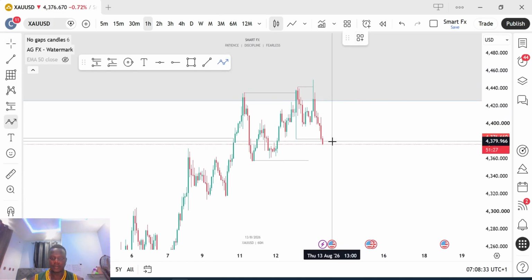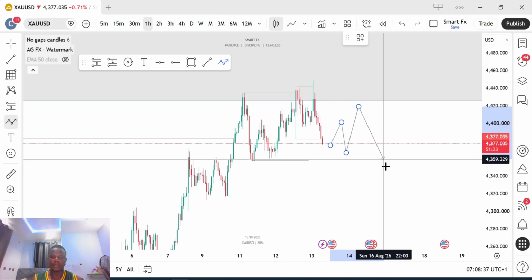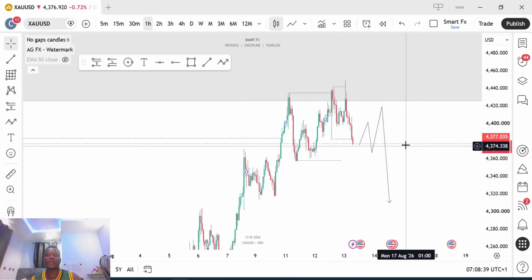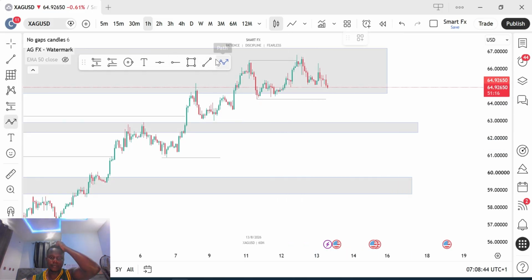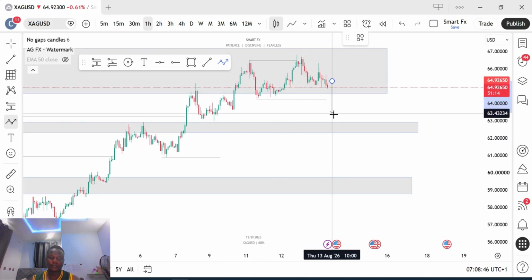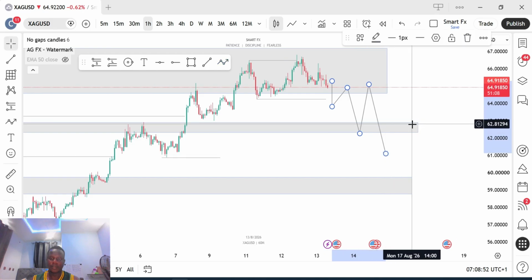So if this candle closes like this, I would really love to see a pullback, something like this, so we can enter from this other block. That's what I'm expecting on gold. And silver too. Silver is to take out this low, take out this low and give us an inducement for a sell continuation to the downside.